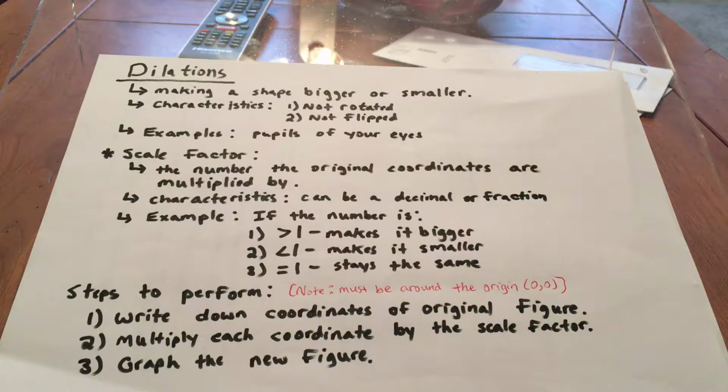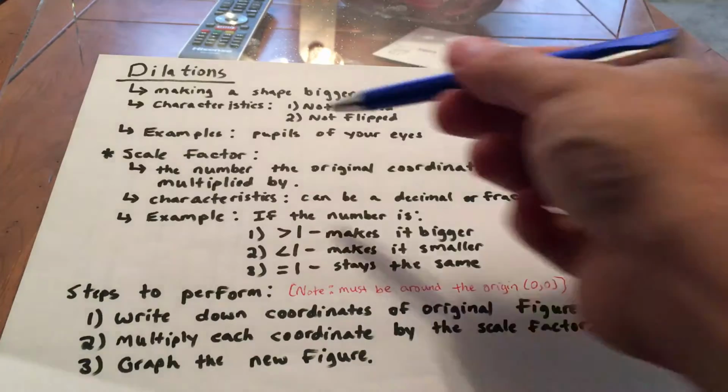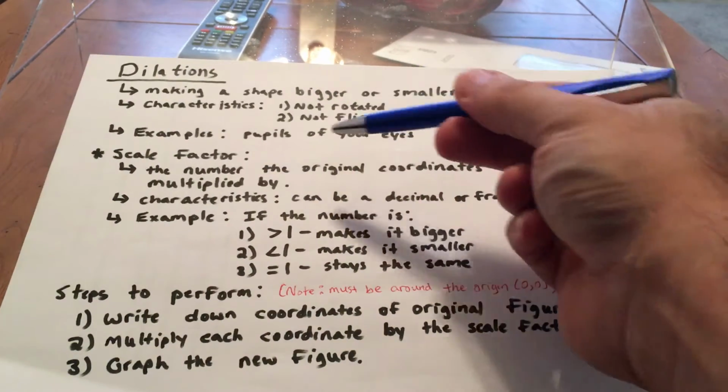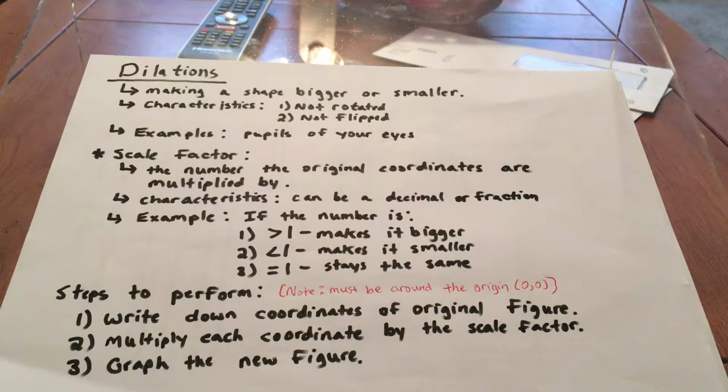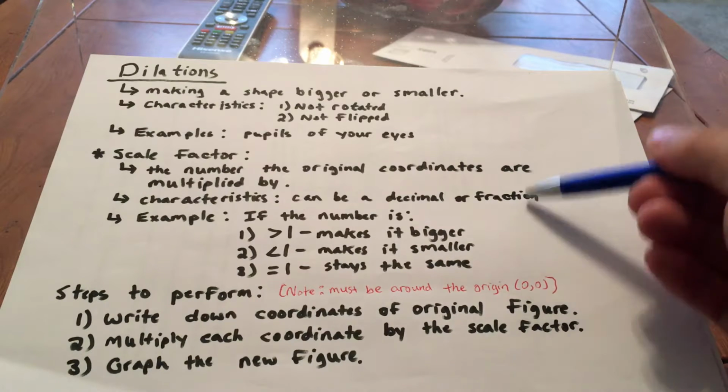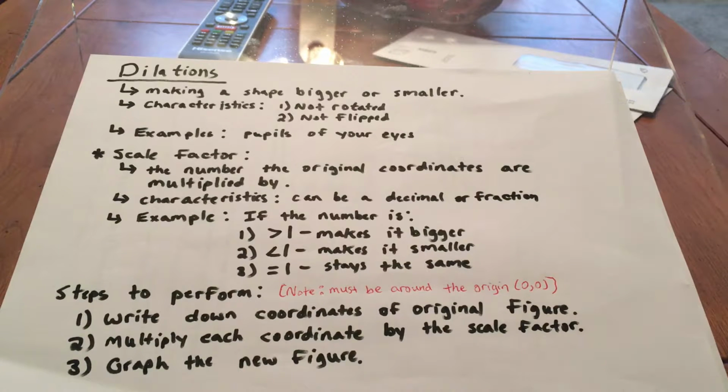Okay. With dilations, and when we get into actually doing dilations, we get into what's called a scale factor. All right, and a scale factor is basically just the number that the original coordinates are multiplied by. So if I have a shape that's graphed in the coordinate plane, I'm going to pull those coordinates and multiply those coordinates by some number, and that will expand or shrink the figure. All right. The characteristics of a scale factor are that it basically is going to be some sort of decimal or fraction. It can be a whole number, but it also can be a